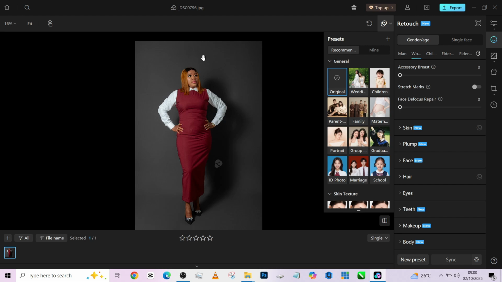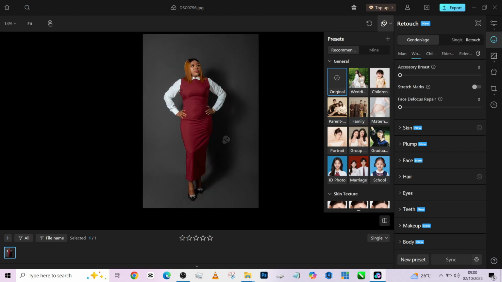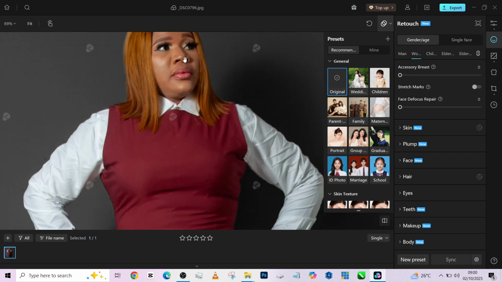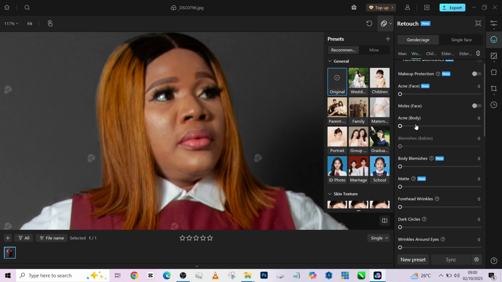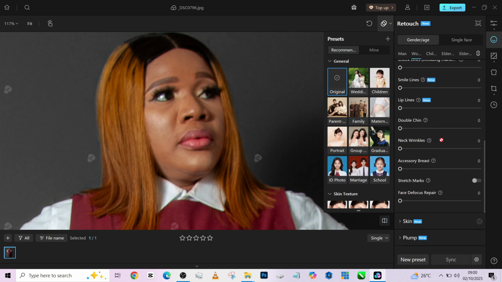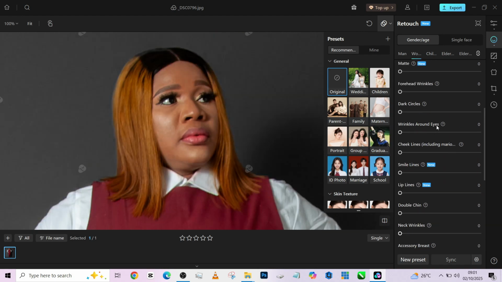So let me show you the before and the after. The before, the after. So with this done, I'm going to move straight to skin retouching. So I need to restore some focus into her face. Her face is looking slightly out of focus, so increase our face defocus repair, so that we'll get some details back to it. Then we'll move over to